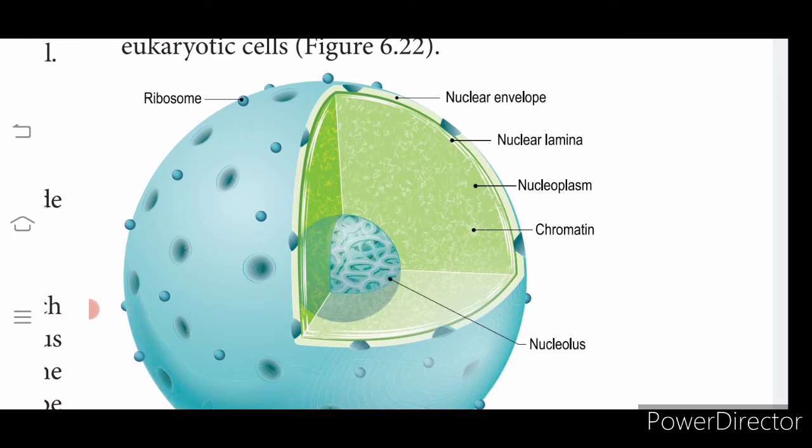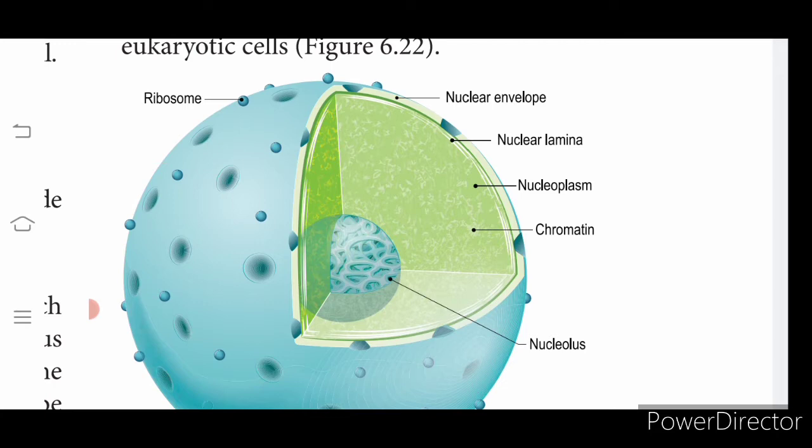Inside the nucleus we have the material called the nucleolus. It is a collection of RNA. So this RNA only will form the ribosome. Once these ribosomes are formed, they will be sent out. Okay, so that is ribosomes. What is the role of ribosome? We have studied. The role of ribosome is protein synthesis.